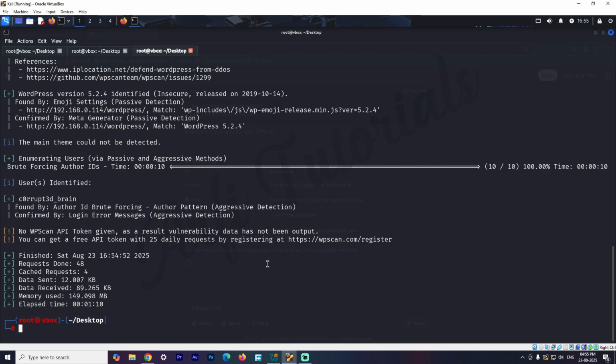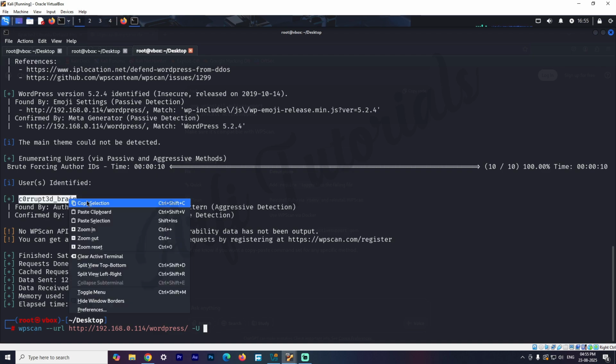To do that, we will use WPScan with the URL. For the username, we have corrupt_brain.